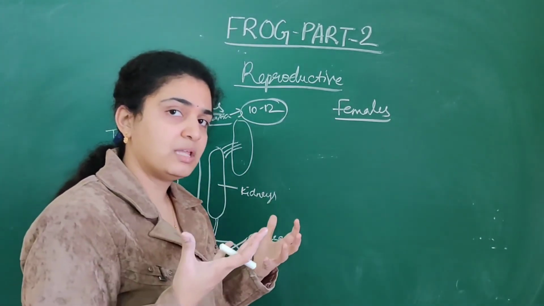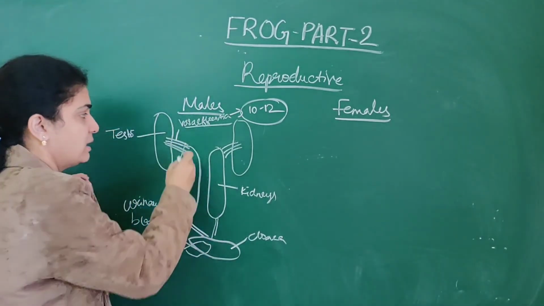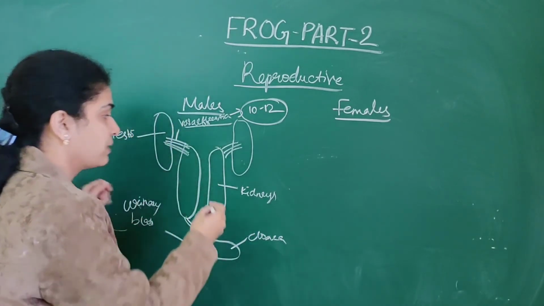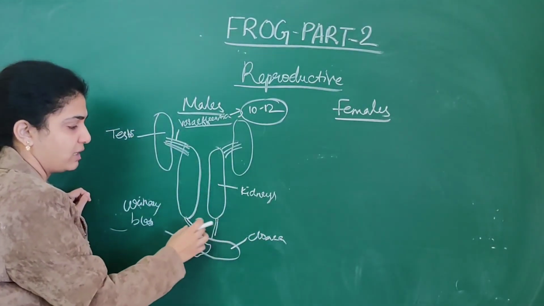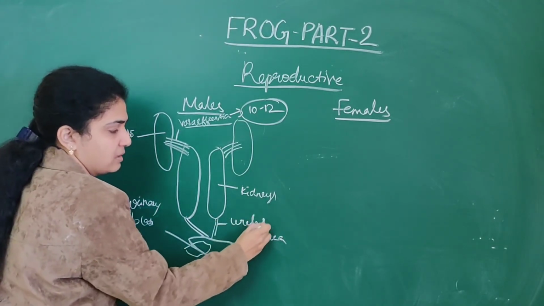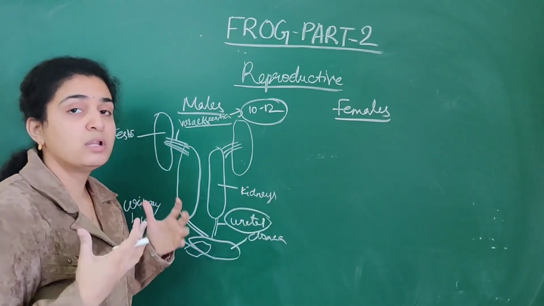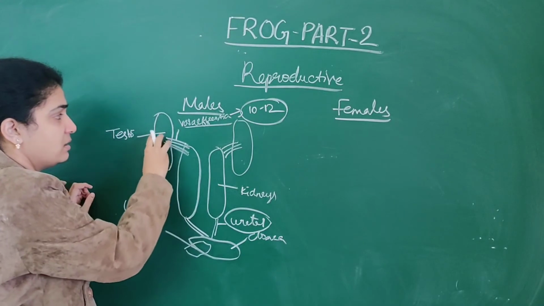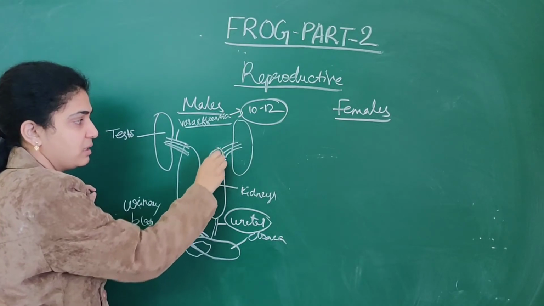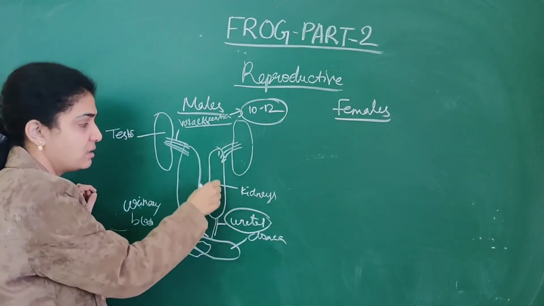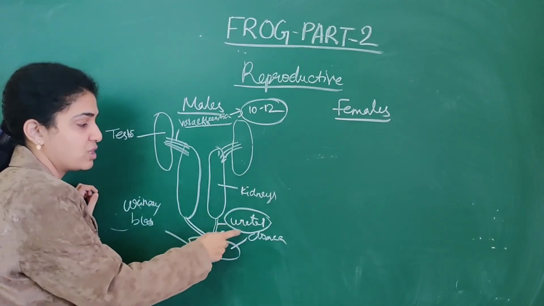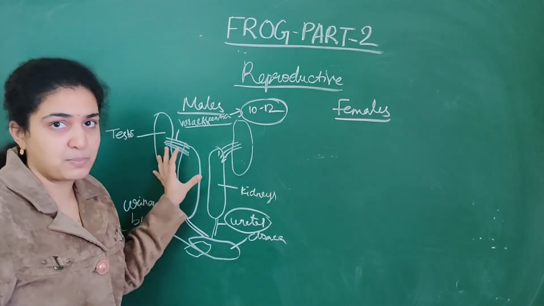How they will communicate with the kidneys, how everything will pass? It is through vasa afferentia. How many they are in number? Simply 10 to 12 in number. Next are kidneys. They open into a pair of kidneys. Through the ureter, this ureter will act as urinogenital tract. That is, it will act as genital tract because all the sperms will come out from here, as well as the urine also will come out through these ureters only. So it acts as urinogenital tract in males especially.